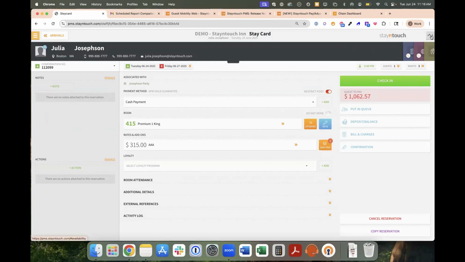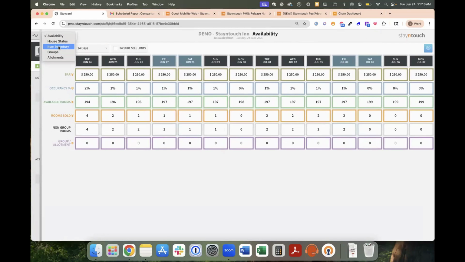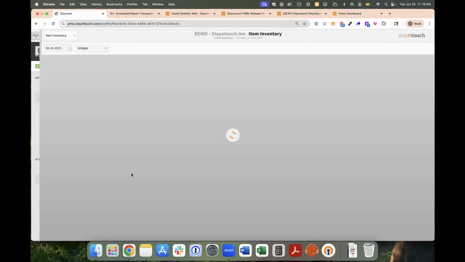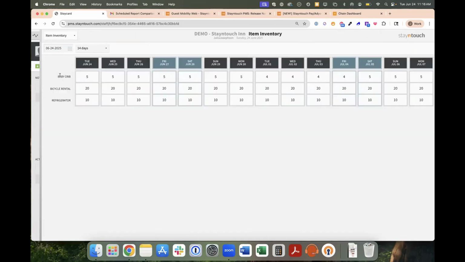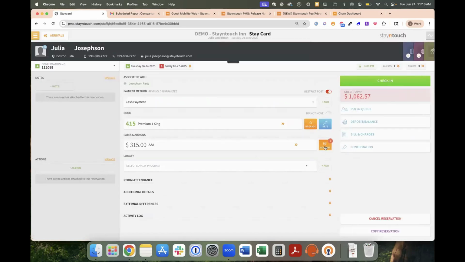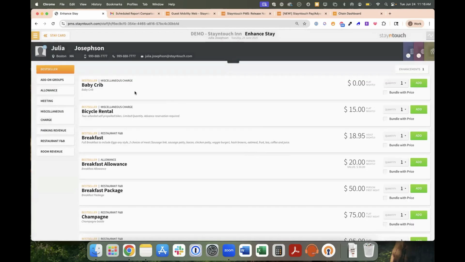If we look at the item inventory for tonight and maybe the next few nights, let's say I want to add a crib to this room. Obviously, I don't have to look at the item inventory really before offering the crib because I know that when I go to add the add-on, it won't show if I don't have one available. But I wanted to show you that right now there's 5 available. When I go to the add-on and I add the crib,